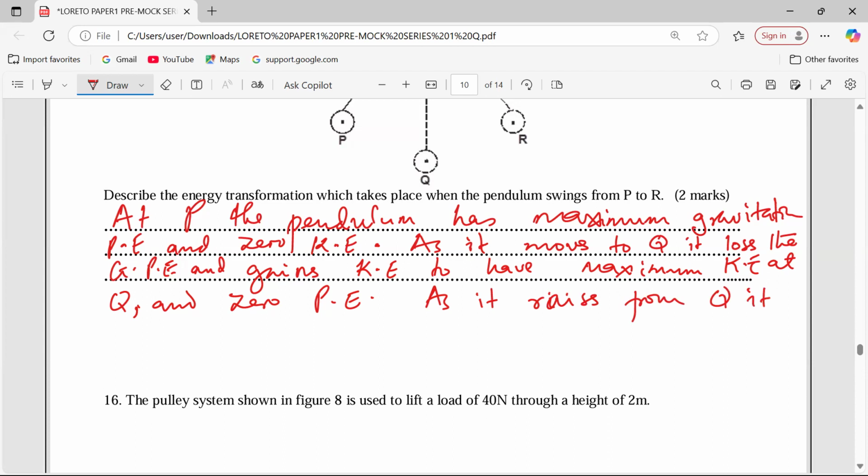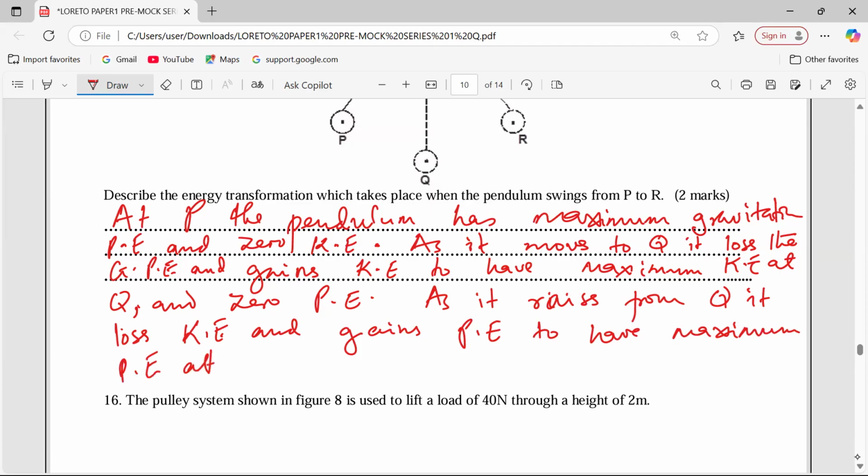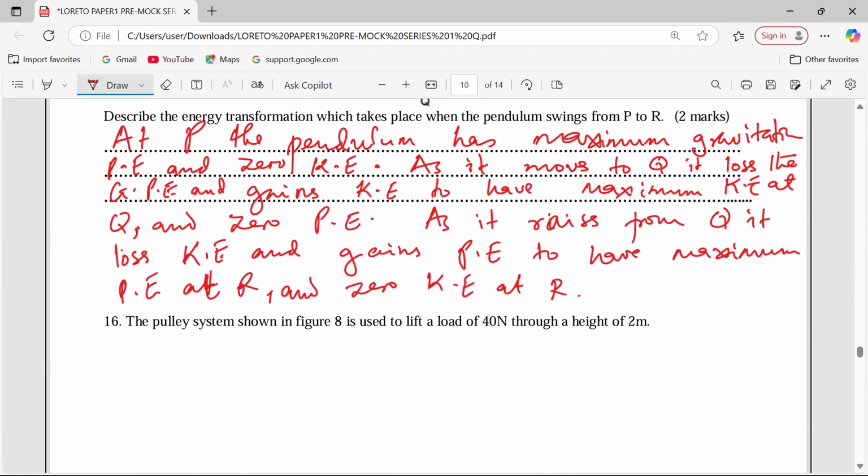As it rises up from Q, it starts immediately losing kinetic energy and gains potential energy to have maximum potential energy at R. So by the time it's going to R, it will arrive there with maximum potential energy and zero kinetic energy. So by the time it's going up to R, it will have zero kinetic energy. Remember,